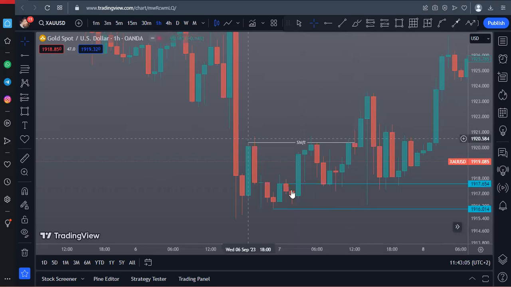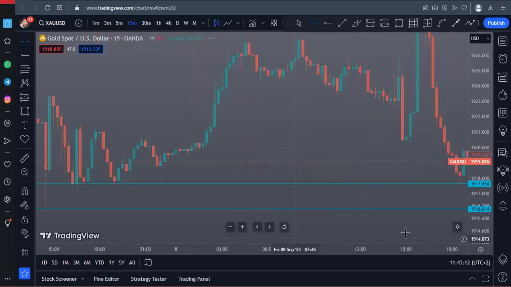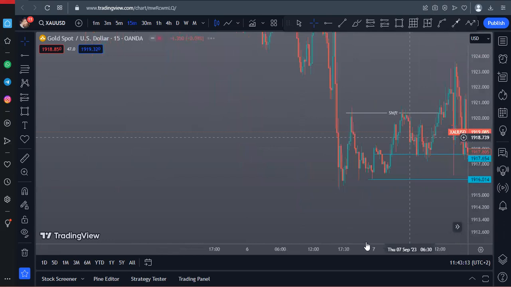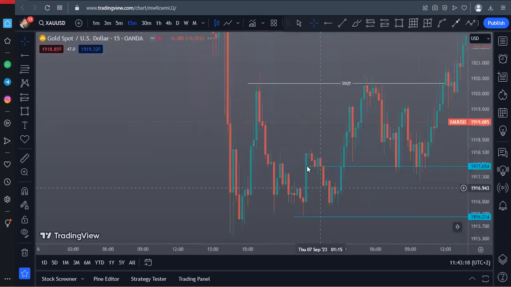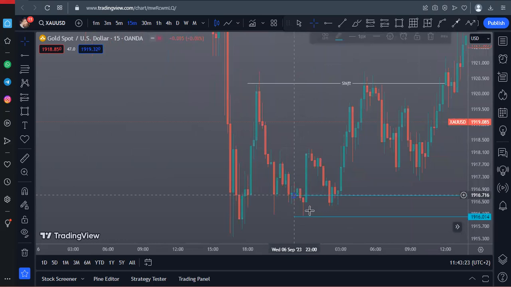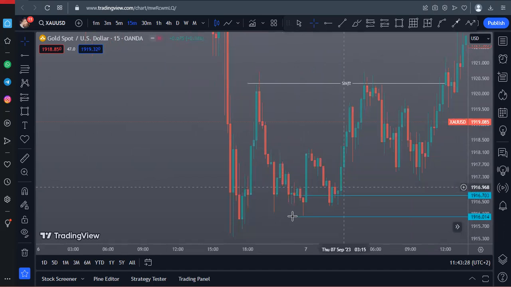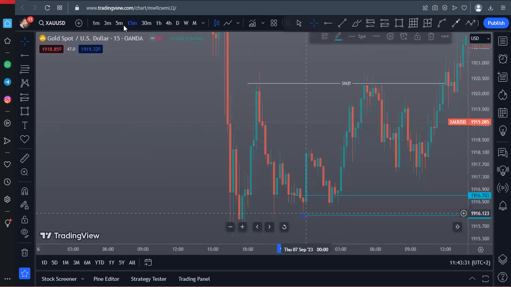So let's try to refine this area. When we go to the 15 minutes time frame, we can clearly see that we have our liquidity engineering, which was spotted right here, but we can refine it even more so that we can find a very good perfect entry right here. So when you go to the 5 minutes time frame,